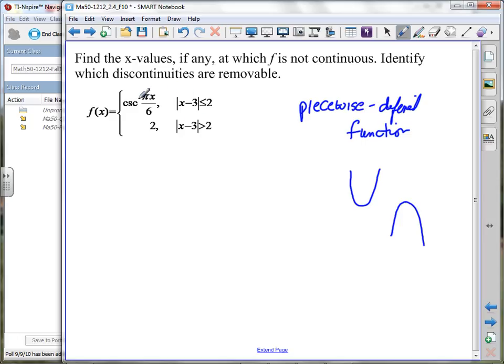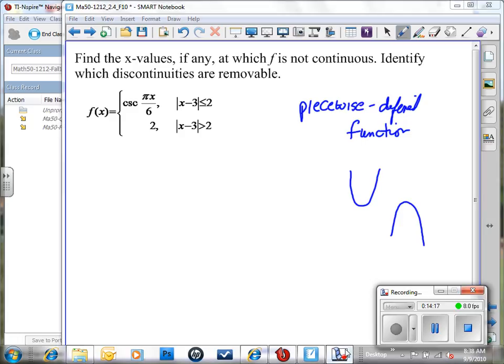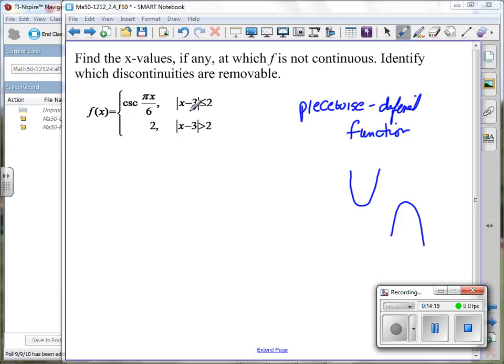Okay, so we want the cosecant function, and we're going to evaluate it for absolute value of x minus 3 less than or equal to 2. How many of you love to do absolute value problems like this? Yeah, that's what I thought. Okay, we're going to have to rewrite this. Now, if you remember, when you rewrite something like this, you're actually rewriting it as a compound inequality. So we're going to take care of that and the same thing down here. So I'm going to stop this